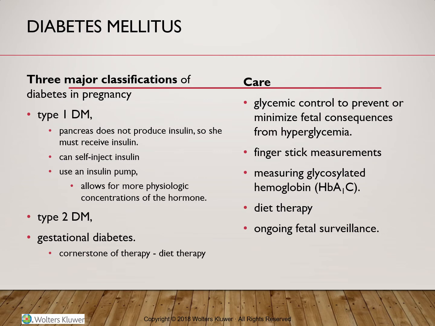Diabetes mellitus is a chronic condition that involves glucose metabolism, and the result of the compromised metabolism of glucose is either due to a lack of insulin production by the pancreas in type 1 diabetes, or by an ineffective insulin utilization by the body in type 2, or the adult type. Especially if it's poorly controlled, this condition may adversely affect the pregnancy outcomes and especially the baby.